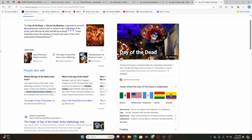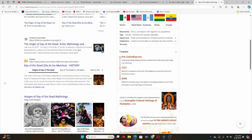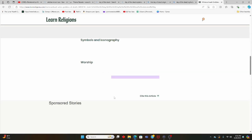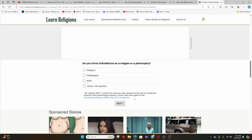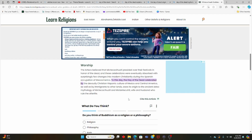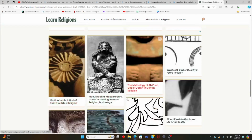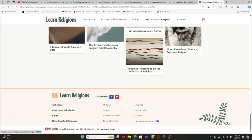But yeah, just a simple Google search will give you a basic idea. It says ancient Mesoamerican. The Day of the Dead traditionally is Mesoamerican beliefs about death and the afterlife, influenced by the Catholic traditions brought by Spanish colonizers. The roots of the Day of the Dead go back 3,000 years to rituals honoring the dead in pre-Columbian